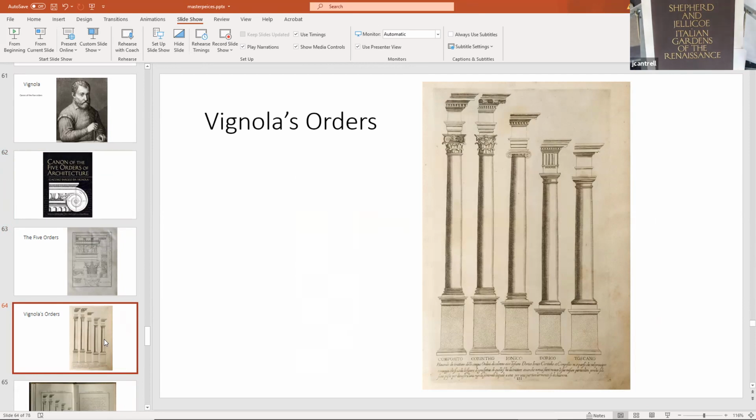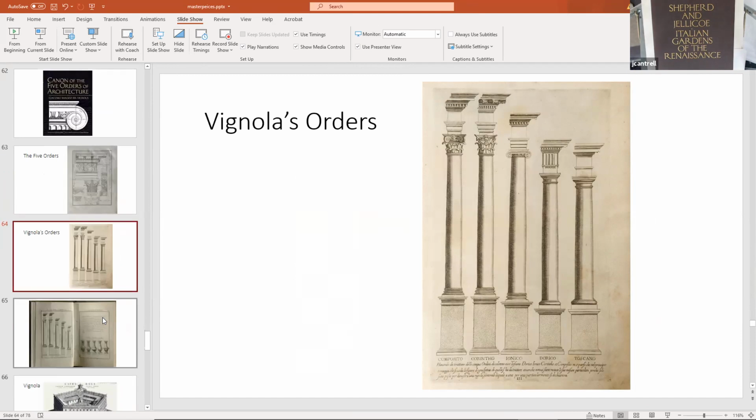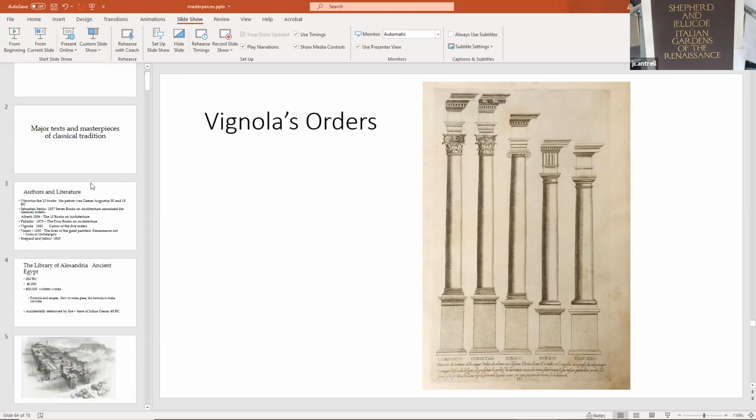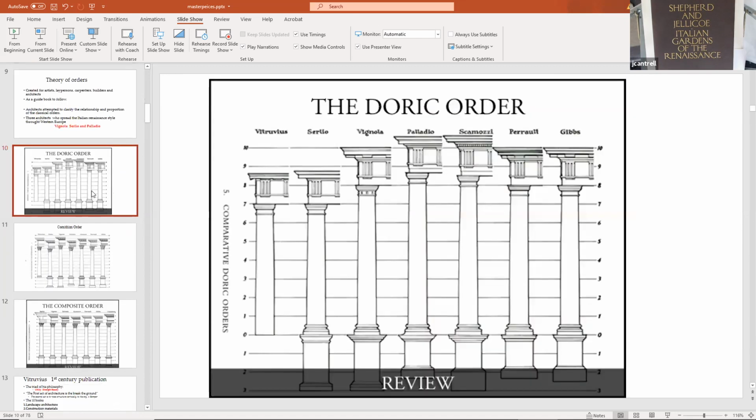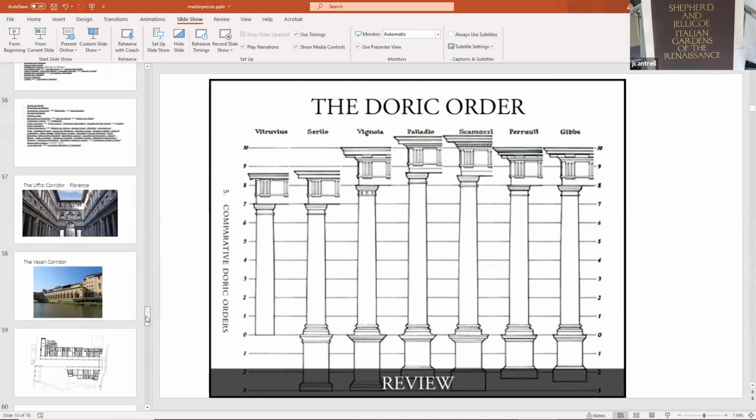Again, every architect has their own sort of language about how to properly do things. I don't think they're trying to outdo each other. I think they're just trying to make a clear, systematic procedure, building on the architects that created this before. But if you look at the chart earlier that I did, you can see that they have their own ideology, their own language about the proper relationship of some of these orders. I think what they did was they took a particular building from classical antiquity, measured it, drew it, and made that the sort of canon, the model to follow for each one of these orders. So let's go back to Vignola for a minute.